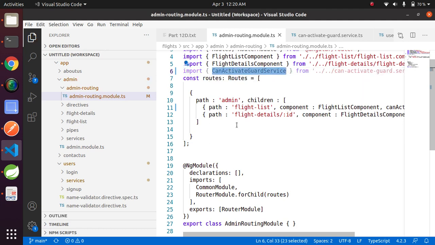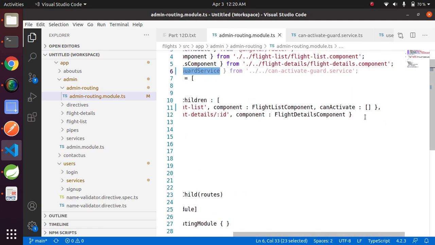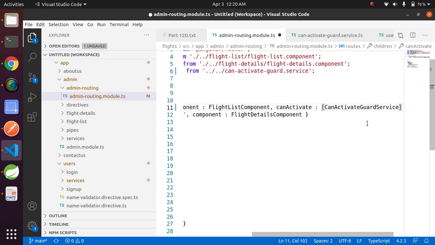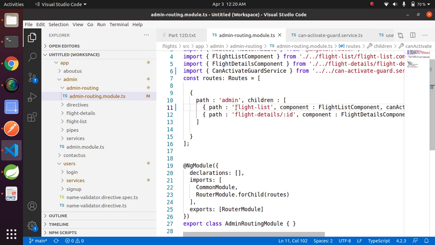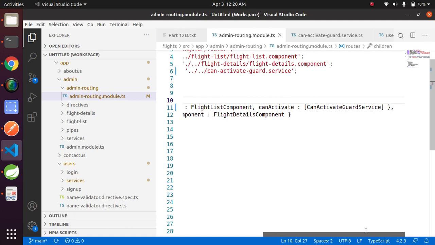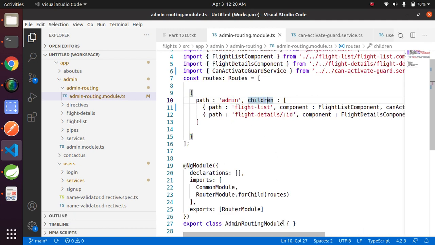Just put this inside the array. This is an array because you can add multiple guards for a particular URL. Now the guard is enabled for this URL flight list. Now we will not be able to access this route without logging into the system.